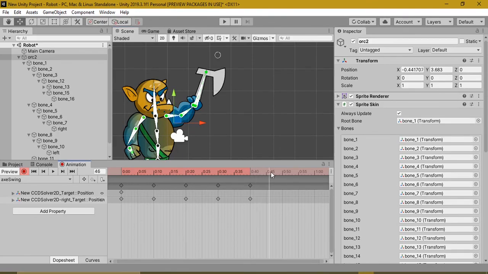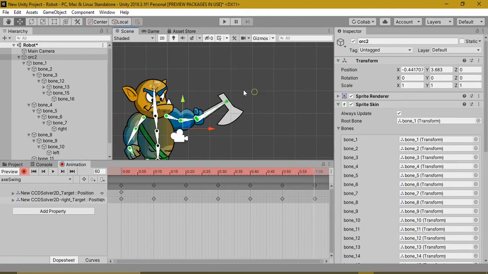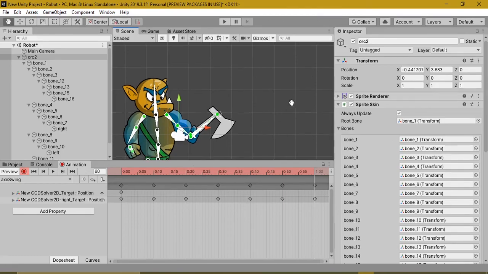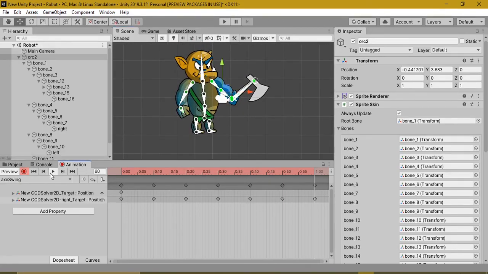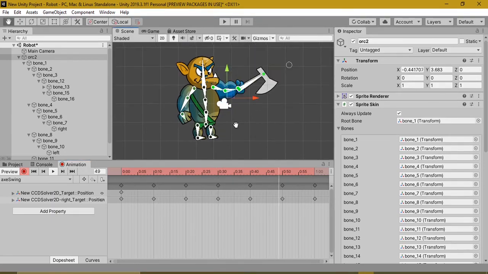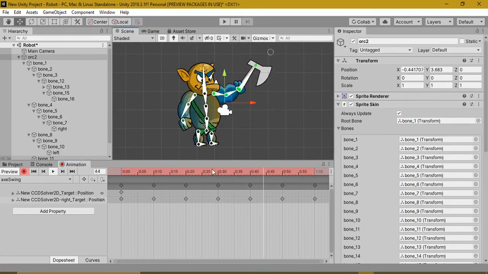So now we'll just make him hit the opponent, and we'll make the axe go back to his place. Now let's play. See, now this is how you make an animation in skeletal animation.